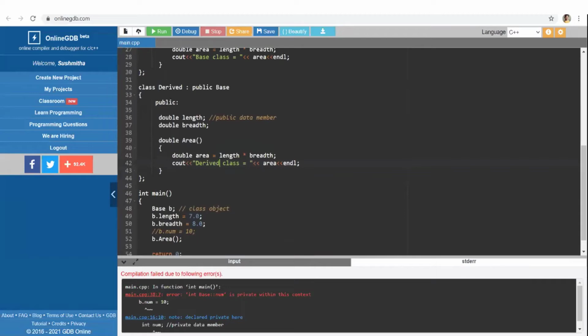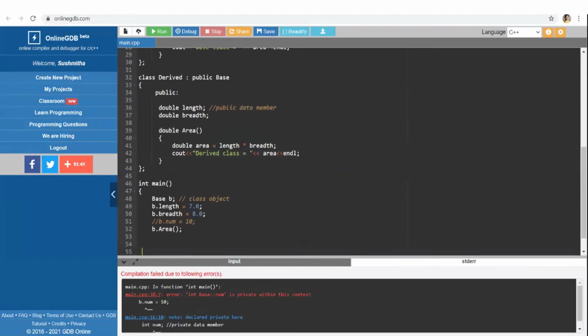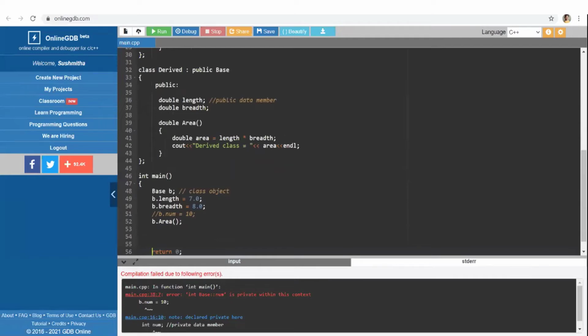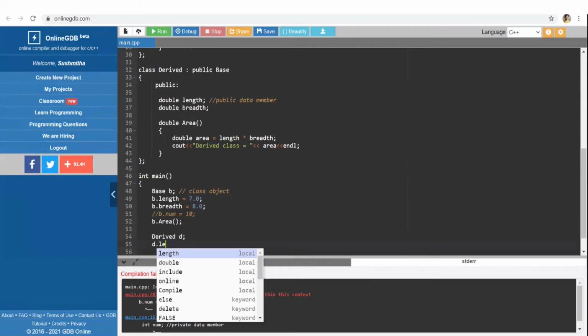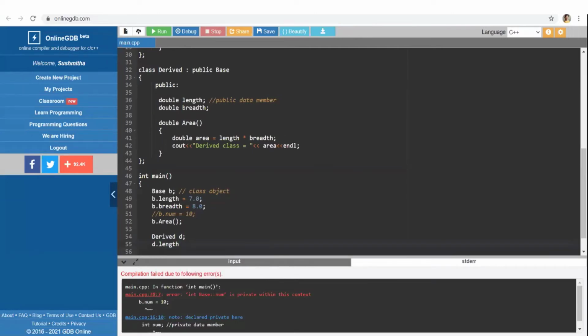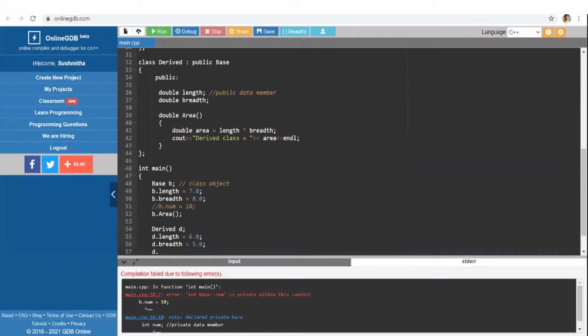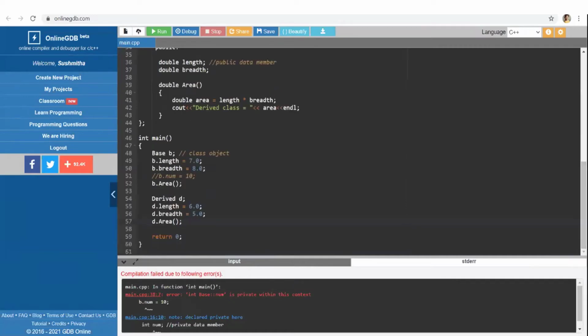Now I have the base class object and I've calculated the base class area. Now let me have a derived class object. So if I do d dot length, this is clear.